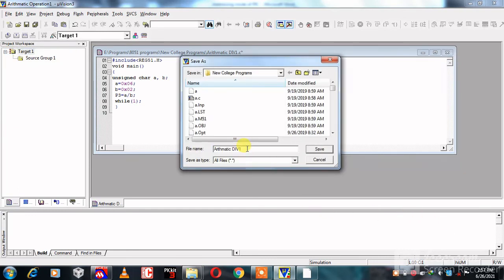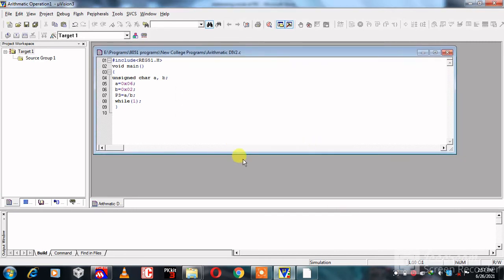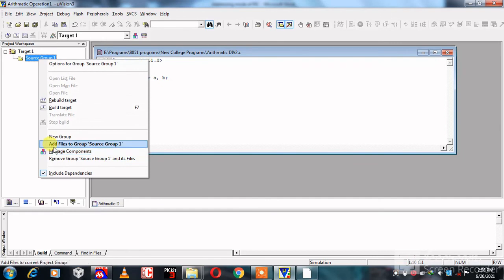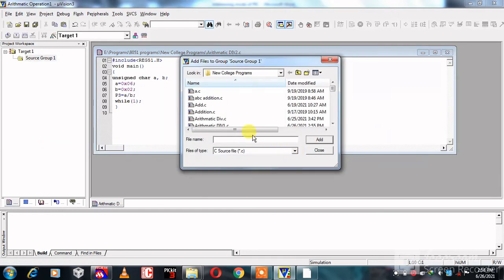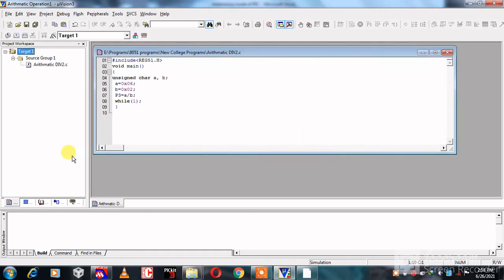File name arithmetic div.c, then save. Then right click on source group 1, add this file, search this arithmetic div.c file, then add and close it.